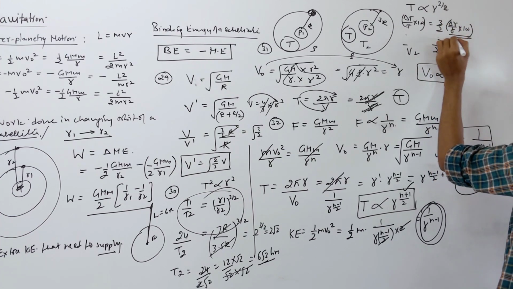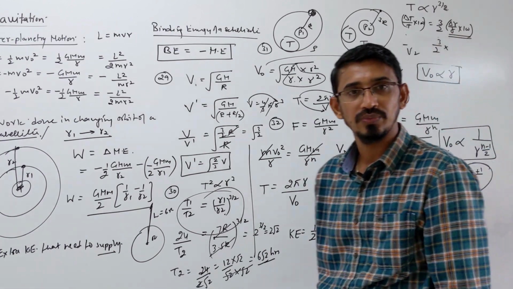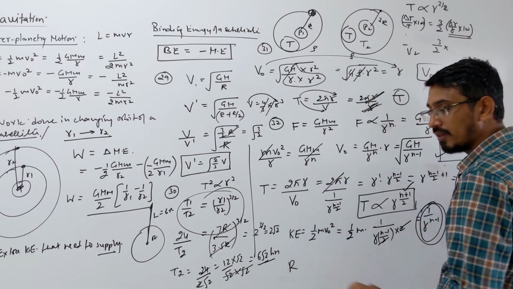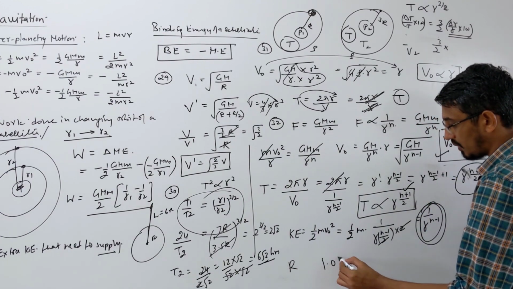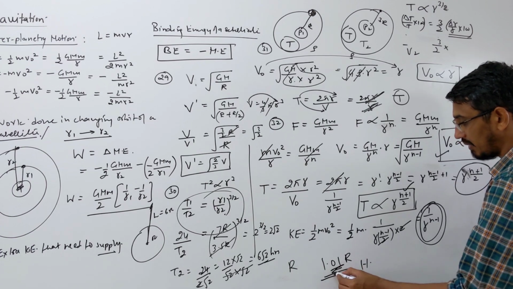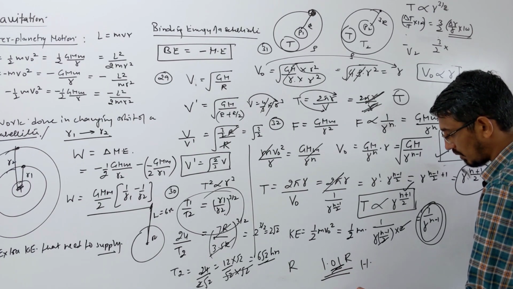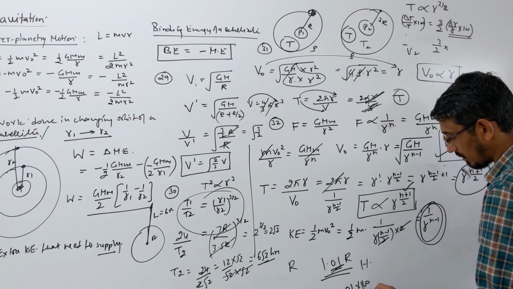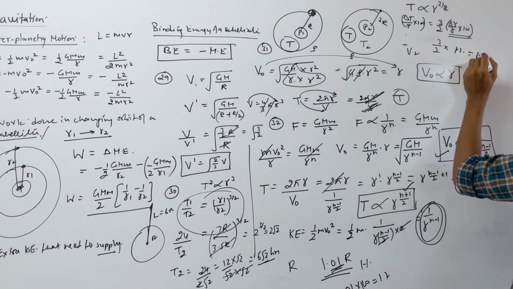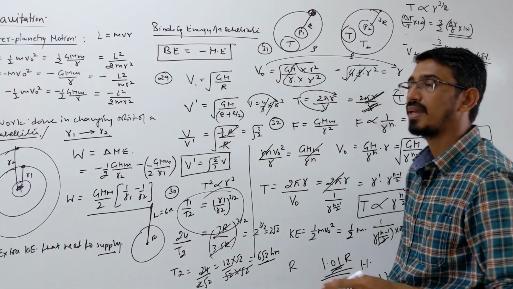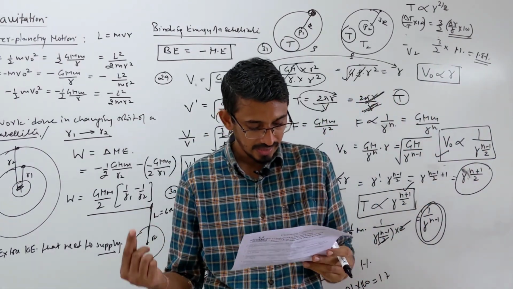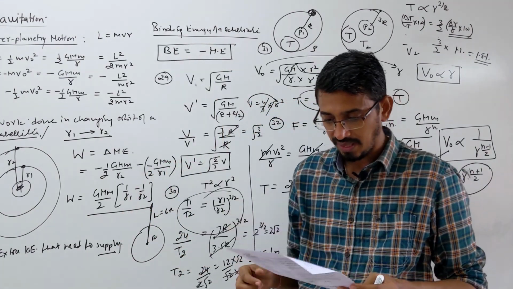Now this percentage change in r is already given to you. How? I told you many times, initial radius is given r, new radius given 1.01 times of r. So how much extra here? This is called 1% simply. 0.01 into 100, that becomes 1%. This is given 1%, so answer becomes 1.5%. Correct, error concept simply. Small errors, small change, you can write error concept from your first chapter, unit and dimensions.